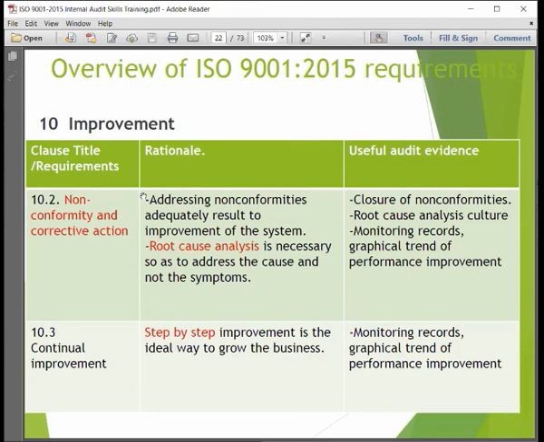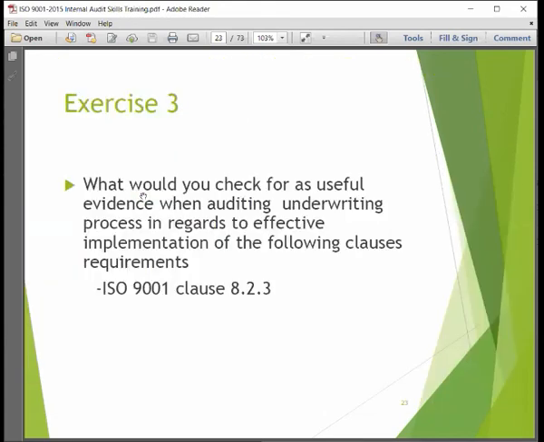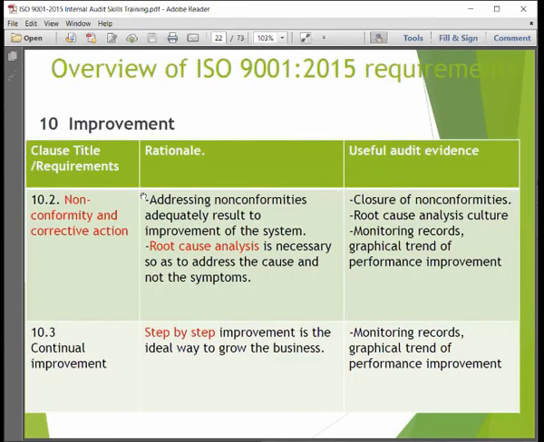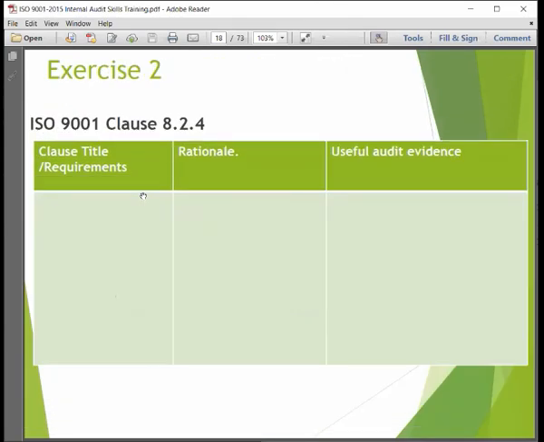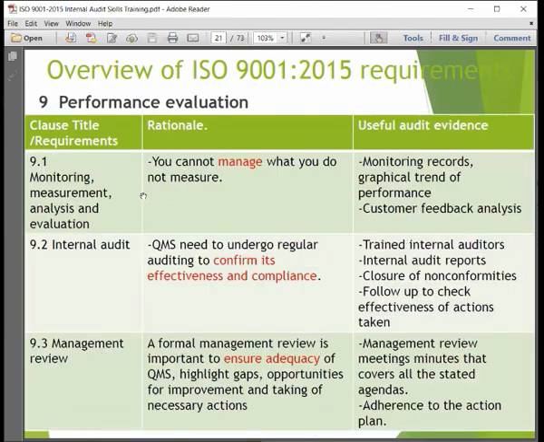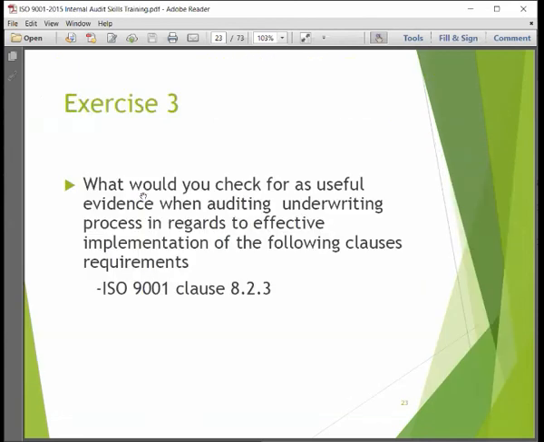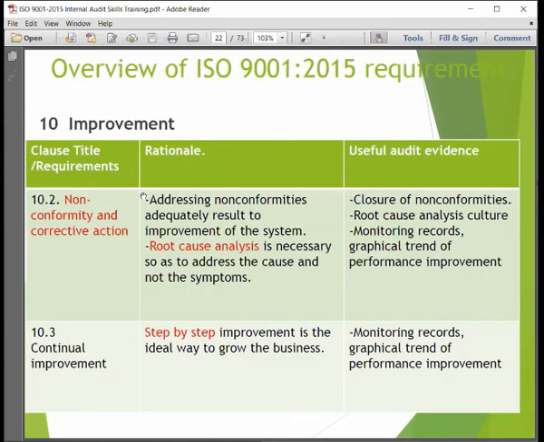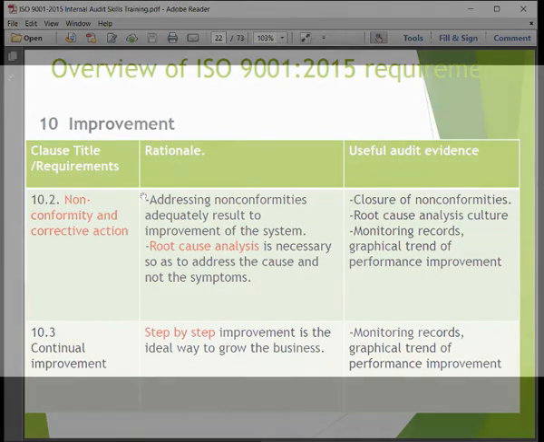By an organization or a process complying with all those requirements, then you'll be in a position to state that it is complying with ISO 9000. Otherwise, you state that it has complied in some requirements and not in others. So that is all to do with the overview of ISO 9001 requirements. I know it's a bit fast, but because we had done awareness,